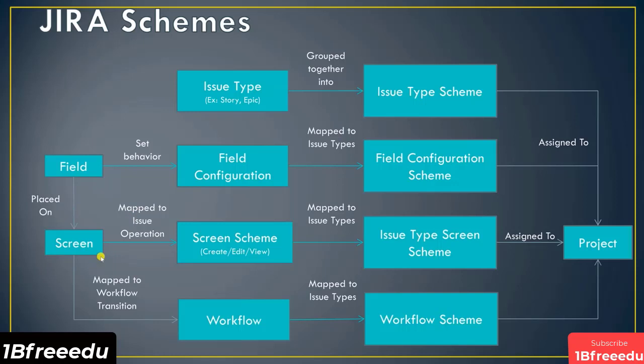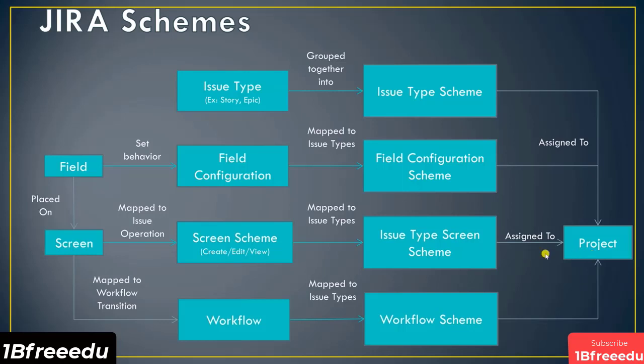And then we have screens that you see when working on issues, and you can basically create your own screen. Now there are 3 different ways you can see a screen, whether it's creating an issue, editing an issue, or viewing an issue. So these are what they call operation types. And so you can create a screen and then specify which operation it should appear for. And this is done using a screen scheme. This screen scheme then gets mapped to an issue type via the issue type screen scheme, which finally gets assigned to a project. I know it might seem a little confusing now, but